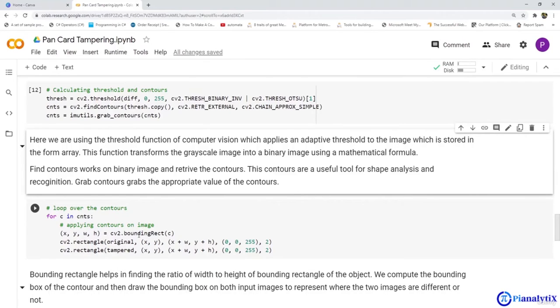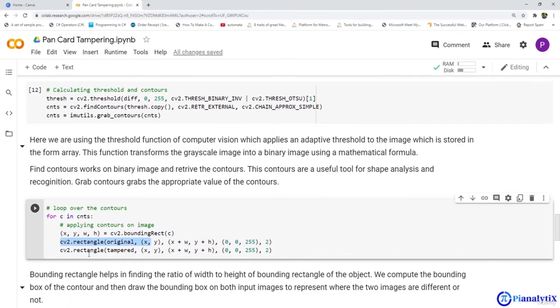That is the cv2.boundingRect. A rectangle has x, y, width and height. And for drawing this, we are using the cv2.rectangle function, passing the original image. This will create the bounding rectangle for the original image, while this one will create the bounding rectangle for the tampered image.